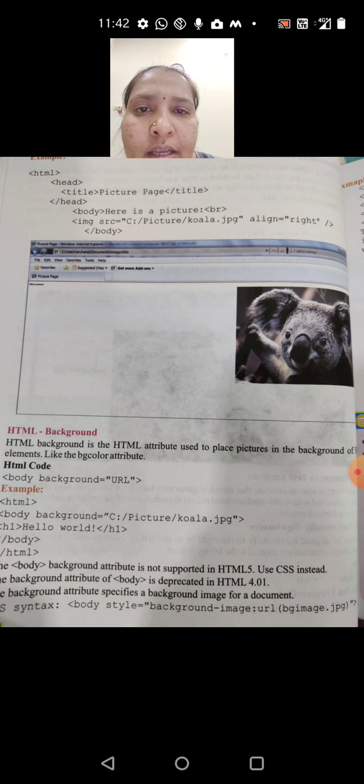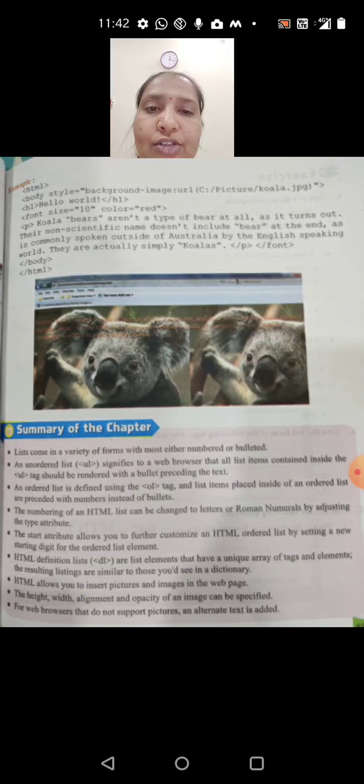Next we can move to the HTML background. We can give a background to the web page. For that, the code which is used is the body background. In that we have to give the path of the image. They have given it as c:\picture\koala.jpg. Once we have written all this code, the background will look like this.